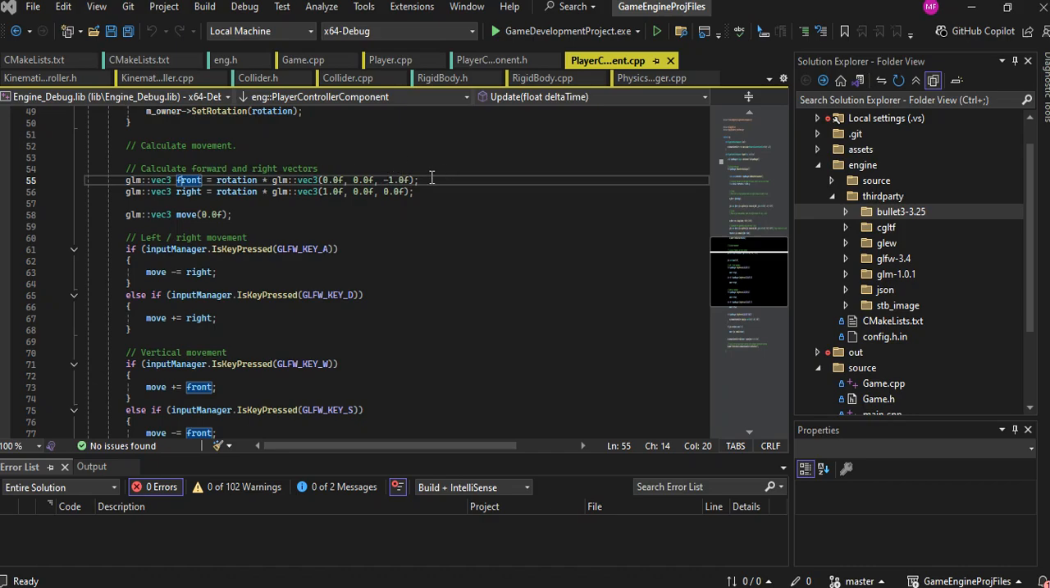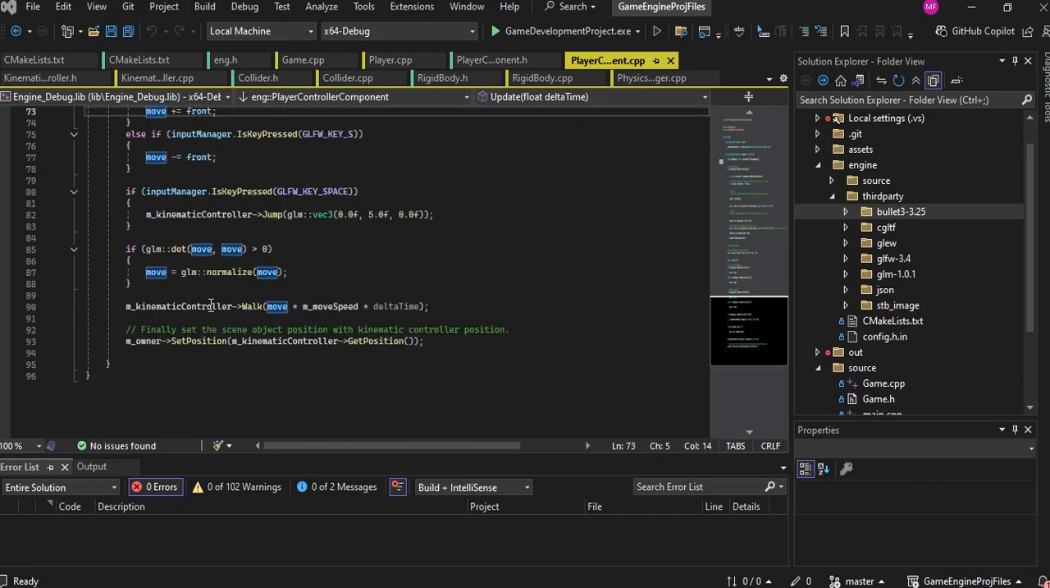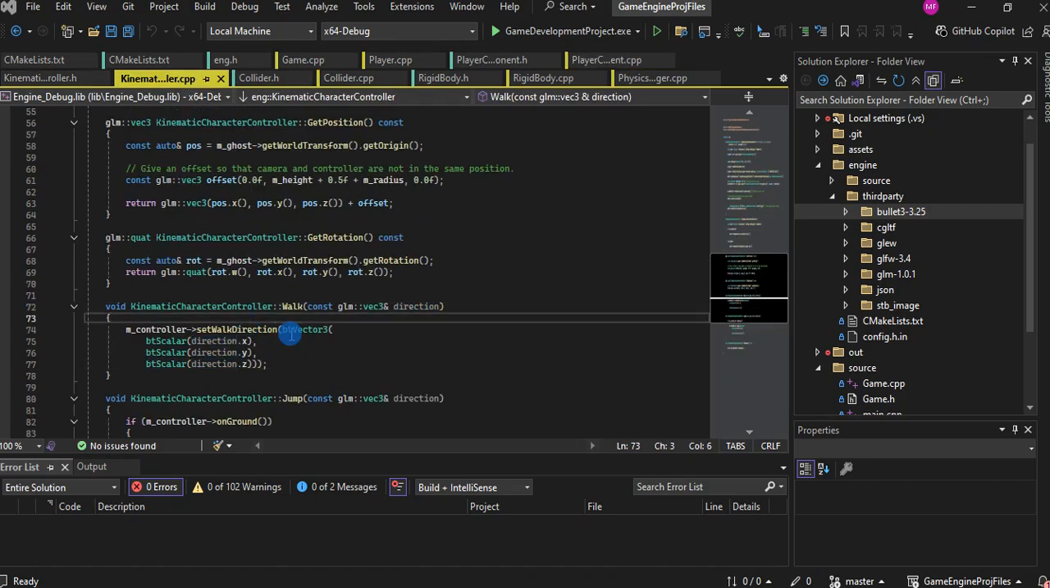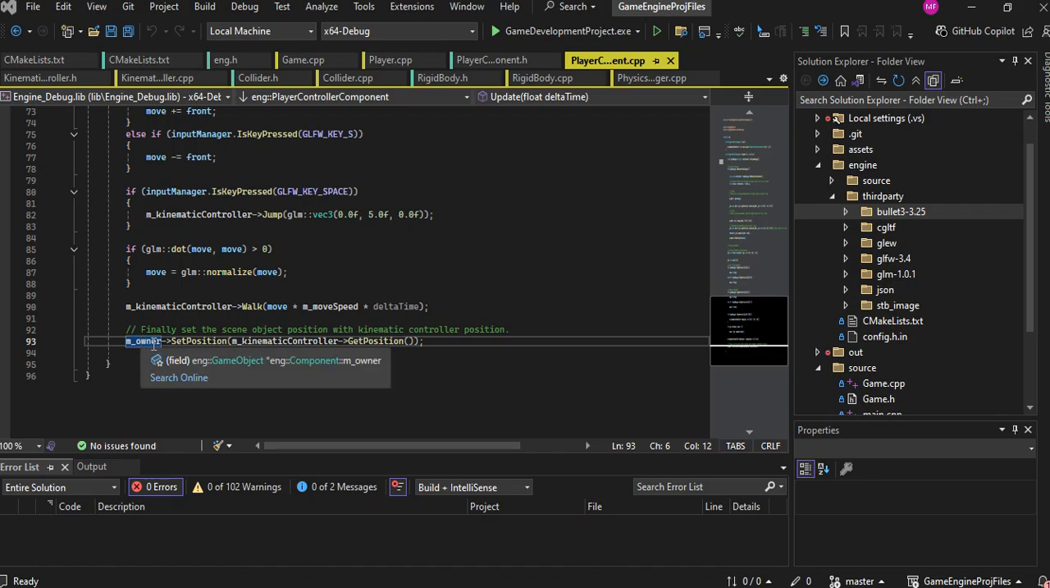Okay, calculate forwards and right vectors. So that's the value of forward that we're then adding to move, and then move is getting passed into that kinematic character controller's walk, which is over here, and then that's passed to the physics system. Like I said before, once this is passed into the physics system, it updates and says, hey, this is the new value of where this object is now in the world based on the values we've passed in. But we're also tying that back to, just to repeat myself, the position of the actual game object. So this is owner, which is the game object,